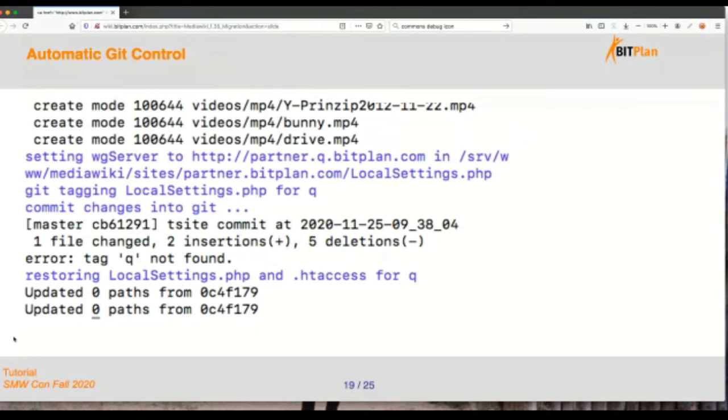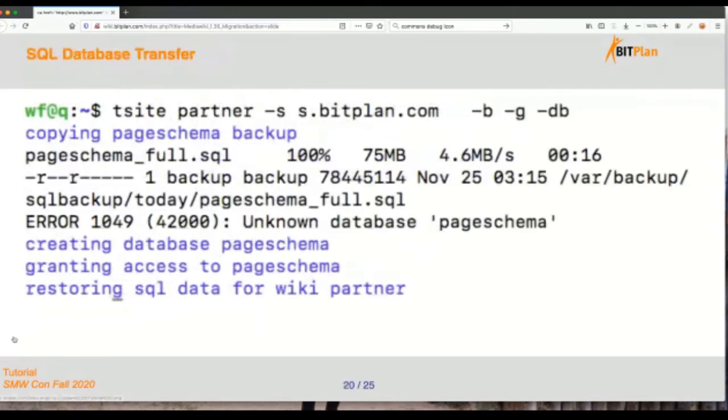And Git only takes like double the space that you need, and space is not that much of a problem these days. And we also tag the local settings in an htaccess file because some modification might be necessary for your local copy, and you can check it out then to always go back to the state that is just in your copy but not in the original wiki.